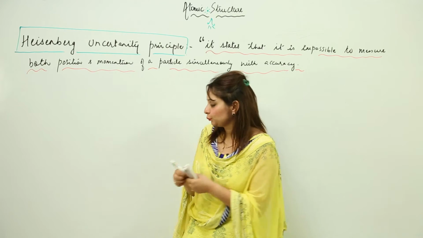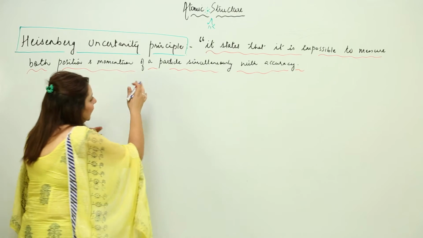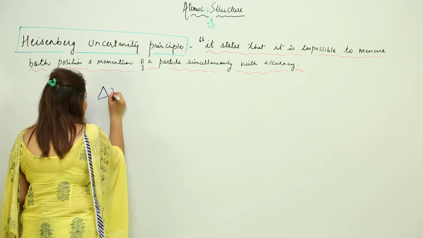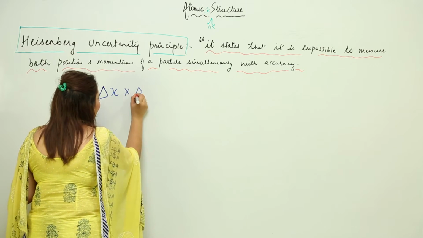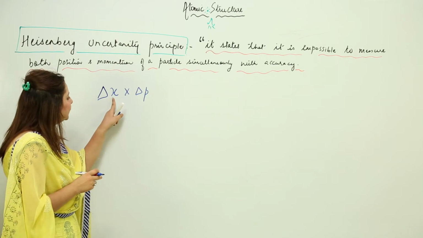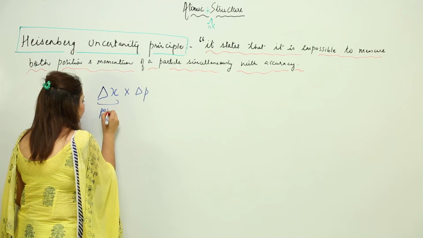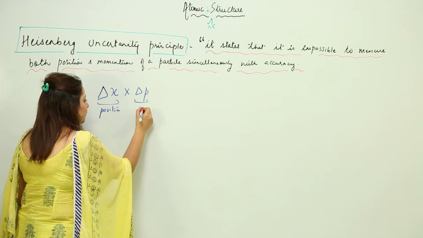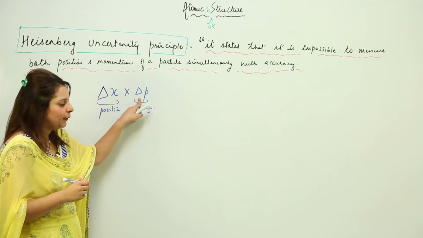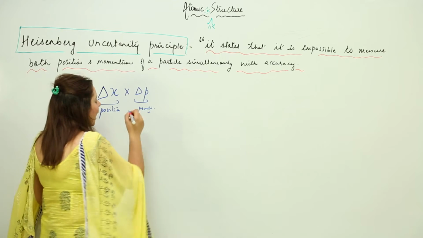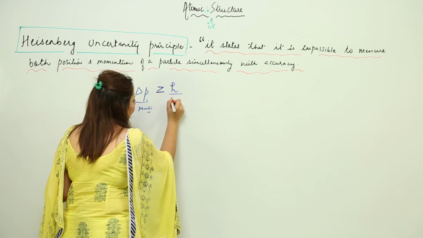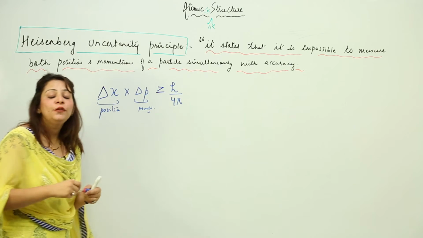So he wrote this expression in a mathematical way. He said that uncertainty in position times uncertainty in momentum is a constant value. That means the product of uncertainty in position, this is my position, and this is my uncertainty in momentum, is a constant value, and it is either equal to or greater than h over 4 pi. So that means it is